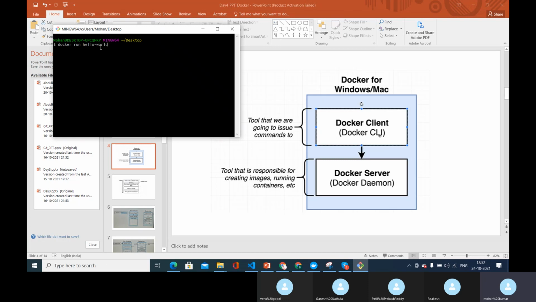So based on the command that we are giving, it may create an image, or if you run from the command line and say to run the container, it runs the container. Based on the command line command that we are giving, the Docker server acts accordingly, and it has multiple tasks to do. It can be creating an image or running a container, or it can be anything. So based on the command that we are giving, the Docker server acts accordingly.